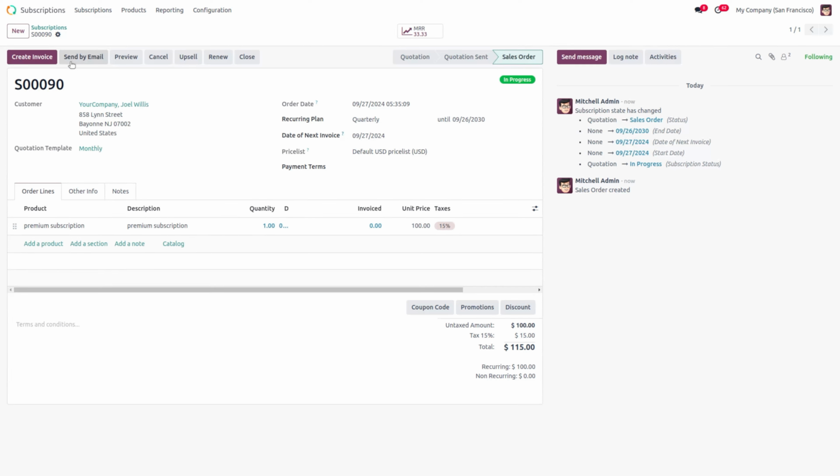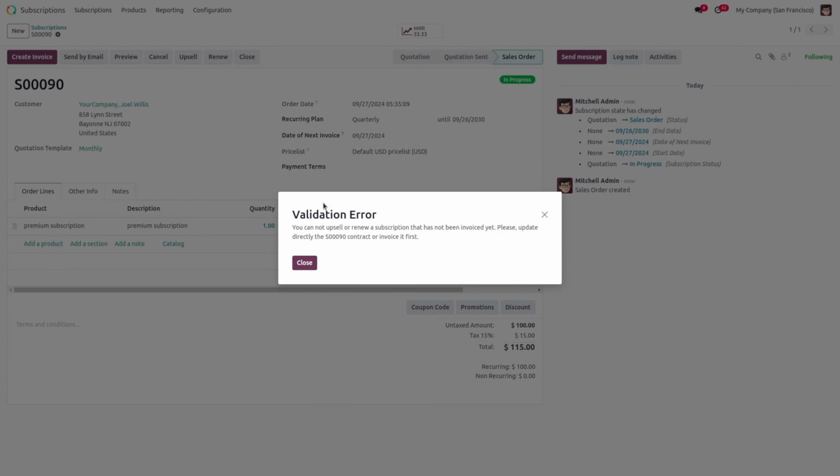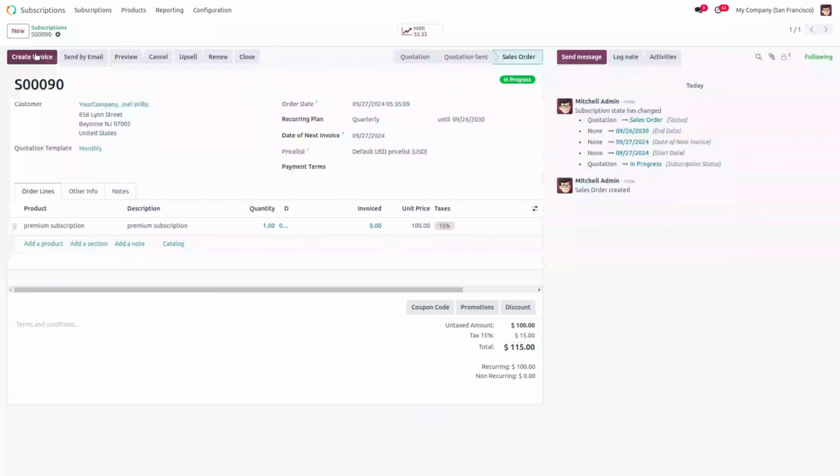When I confirm the subscription order, the options close, renew, upsell, cancel, preview, send by mail and create invoice are available here. But it's not possible to make an upsell before creating an invoice. Let's try it. When I choose the upsell option, a validation error pop-up appears with the message that you cannot upsell or renew a subscription that has not been invoiced yet. Please update directly the sale order, contract or invoice it first,